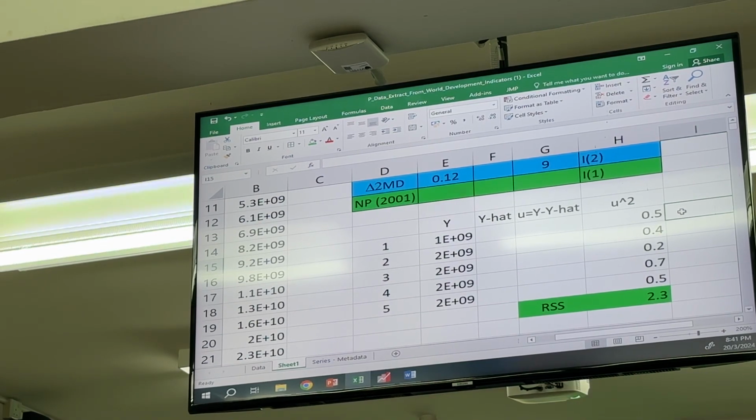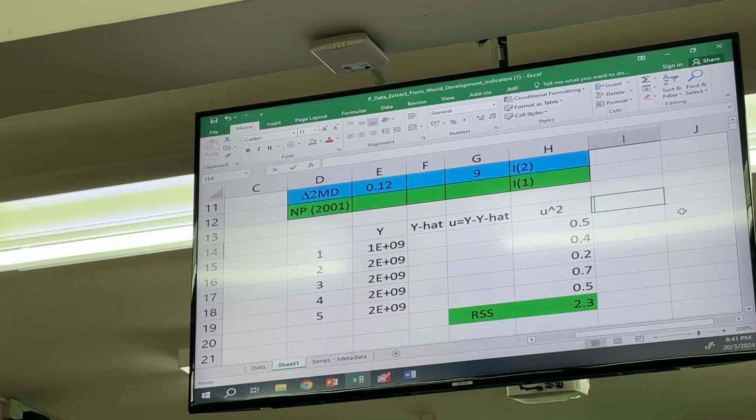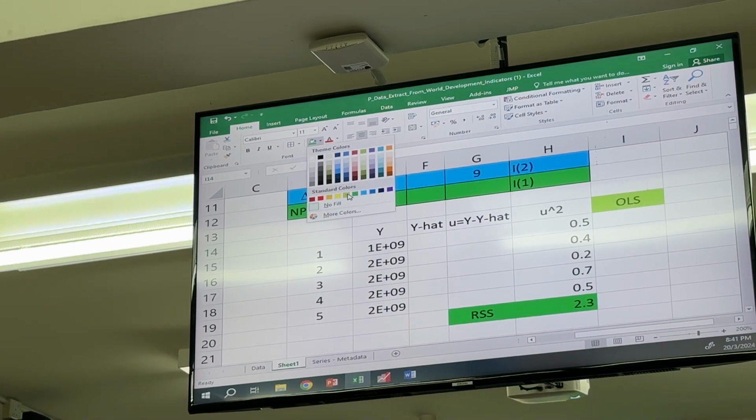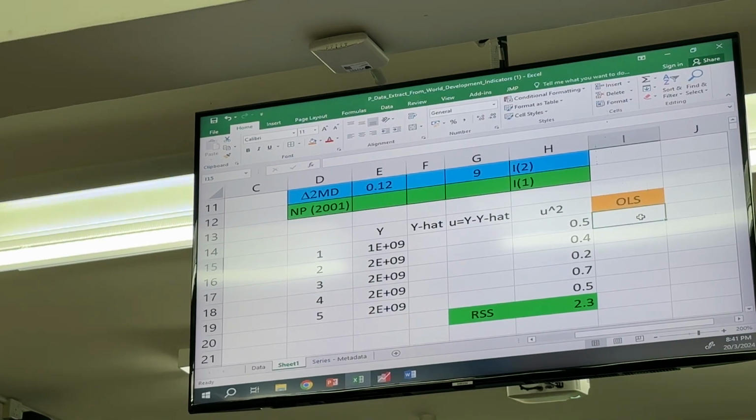This is the principle of OLS, the method we use in the simple equation. We can use OLS to estimate the bivariate and multivariate models. Based on this principle, we estimate the parameters, beta 0 and beta 1, by minimizing the residual sum of squares